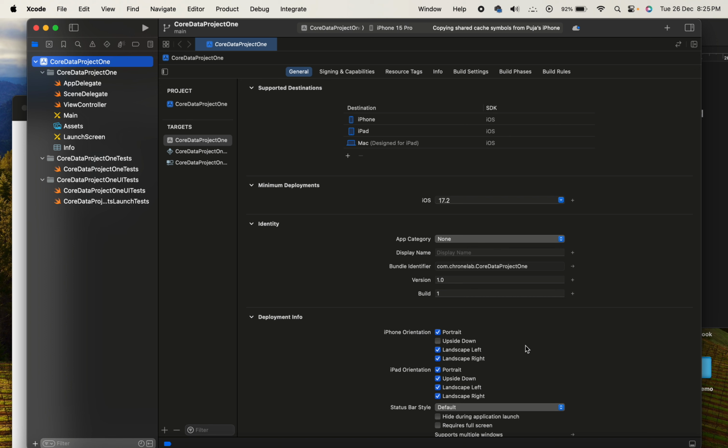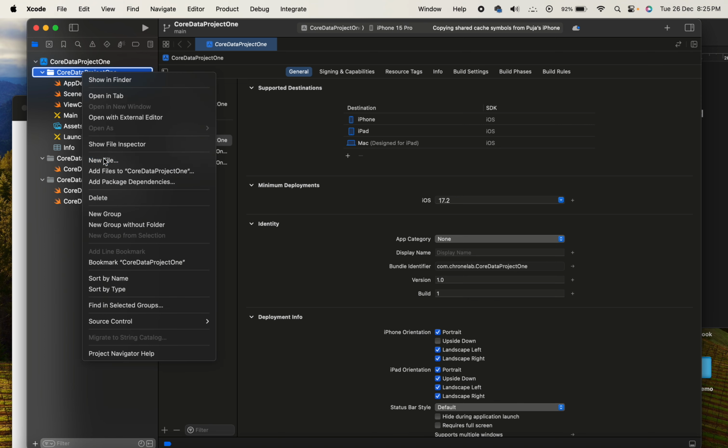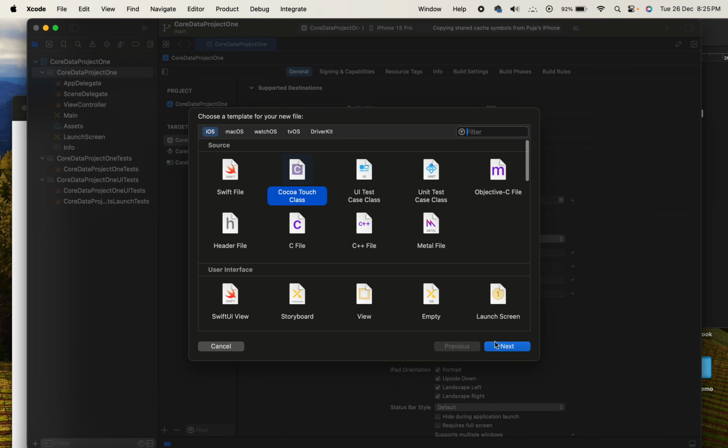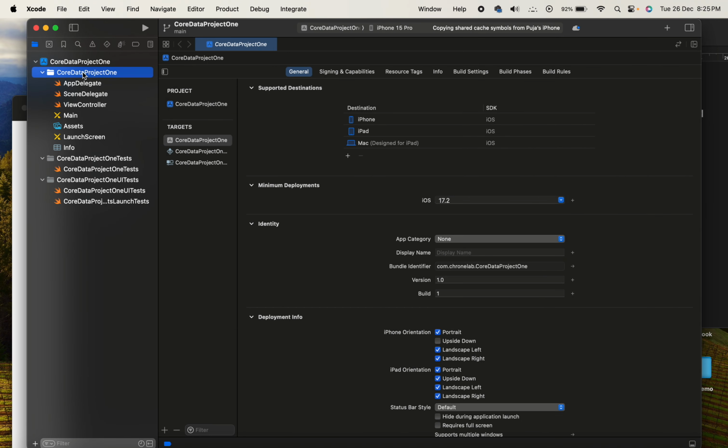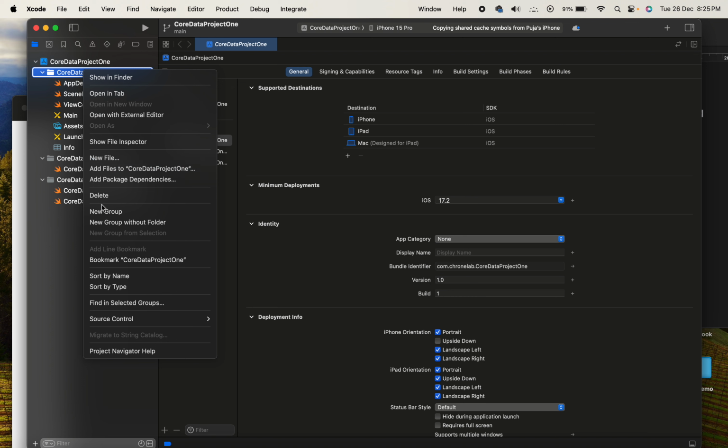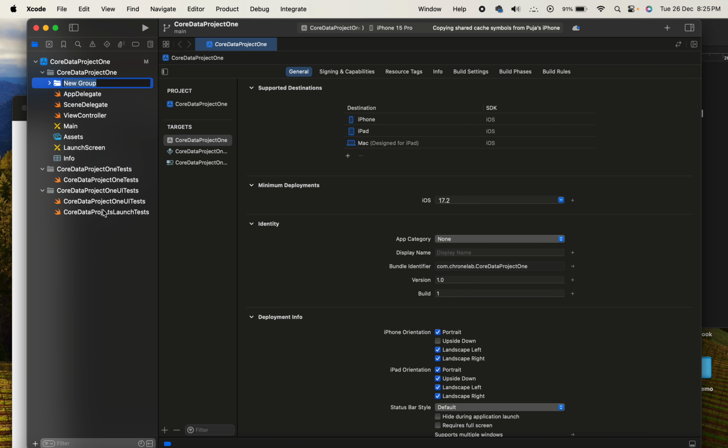The first step is that you need to put the XC data model inside your application, and for that I'm going to create one separate group inside the project. So New Group, and I'm going to put the name of the group as